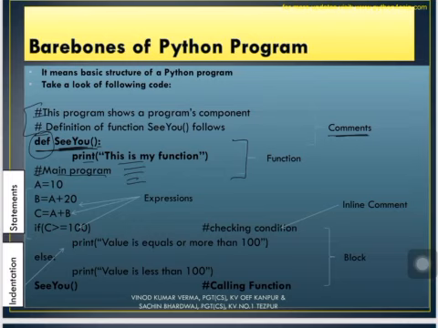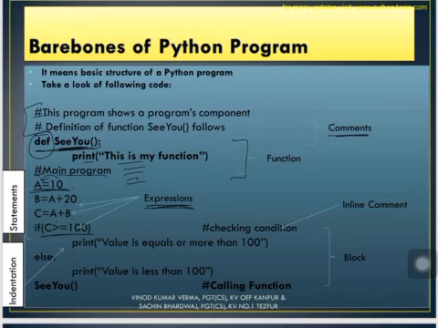Now see, if I say a is equal to 10, b is equal to a plus 20, c is equal to a plus b. So all these are expressions. This is an assignment statement as we are assigning the value 10 to a. Then b is equal to a plus 20, c is equal to a plus b. These are known as expressions. This is a condition.